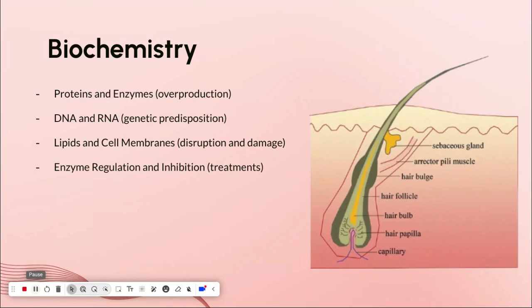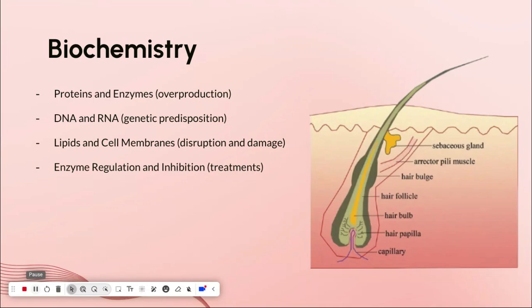MicroRNAs can silence or enhance the expression of genes involved in the immune responses and hair follicle maintenance. For example, dysregulated microRNAs in alopecia areata can affect pathways controlling T cell activation, cytokine production, and apoptosis in hair